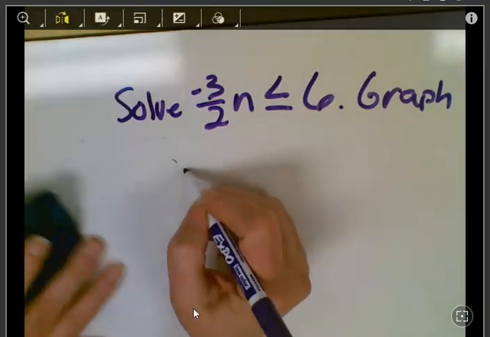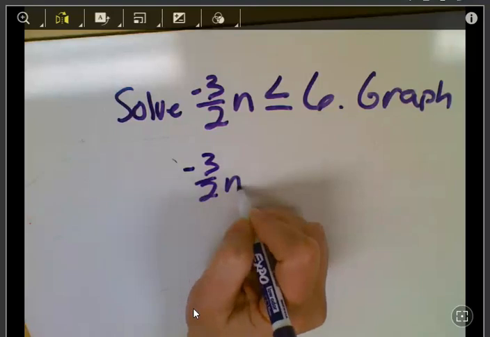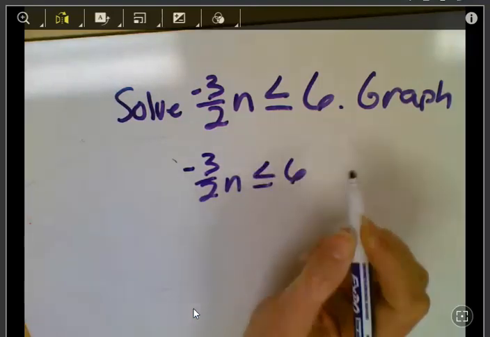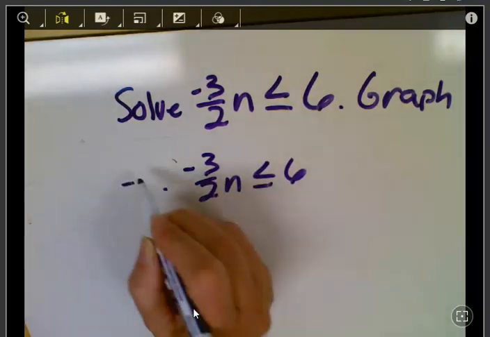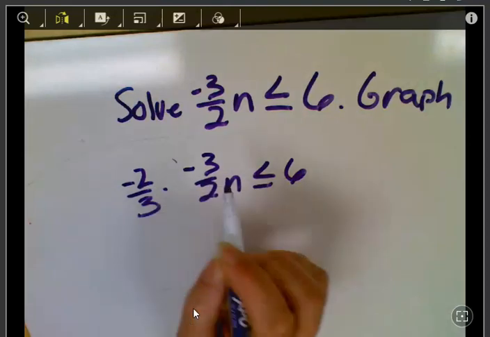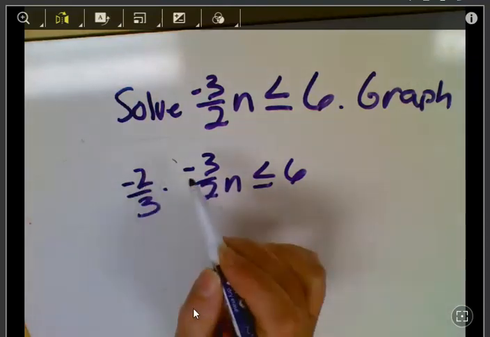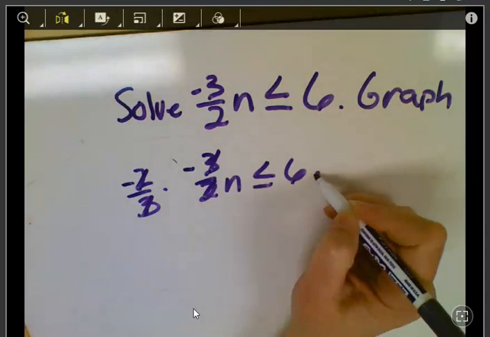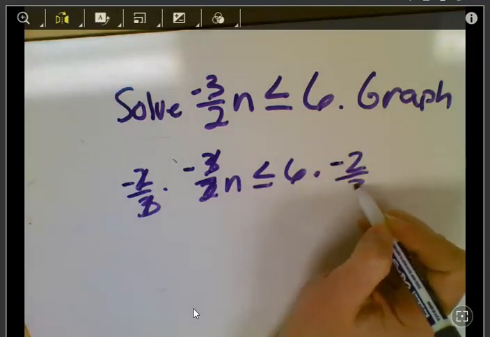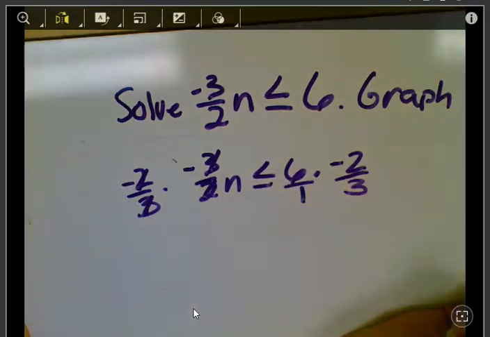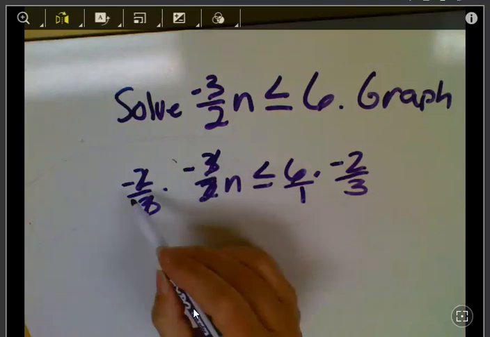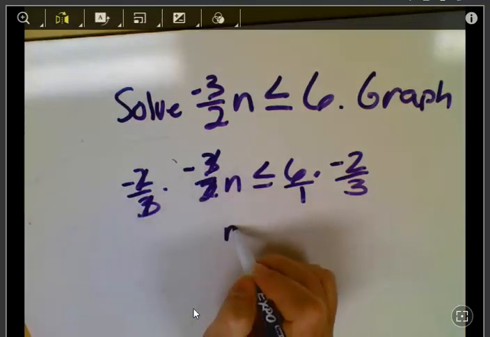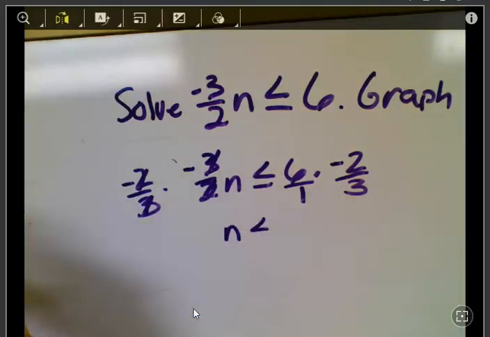So I would rewrite the problem: negative 3 halves n is less than or equal to 6, and I want to get rid of this. So I'm going to do negative 2 over 3. My negatives will make a positive, the 2's will cancel, the 3's will cancel. If I multiply over here by negative 2/3, I'm going to do negative 2/3 over here. That becomes over 1. And then the negatives make a positive, so n is less than,